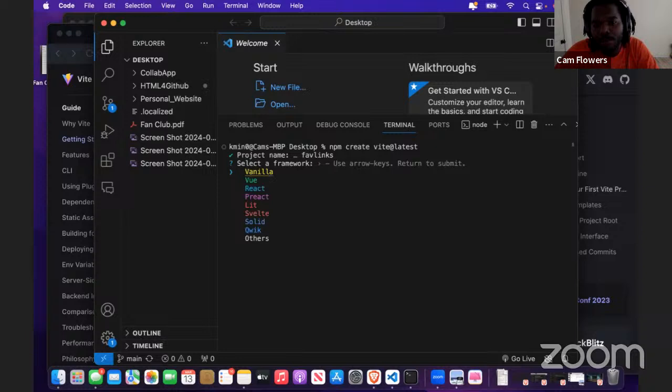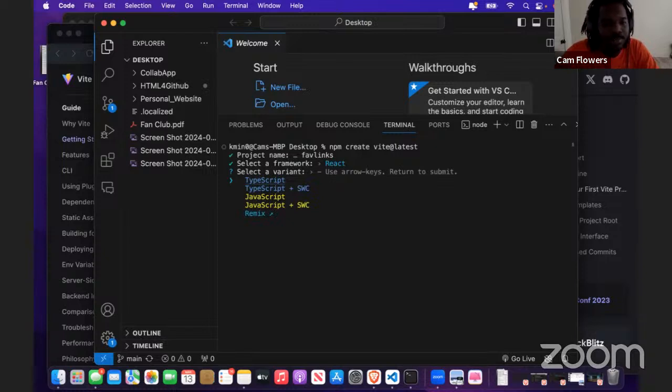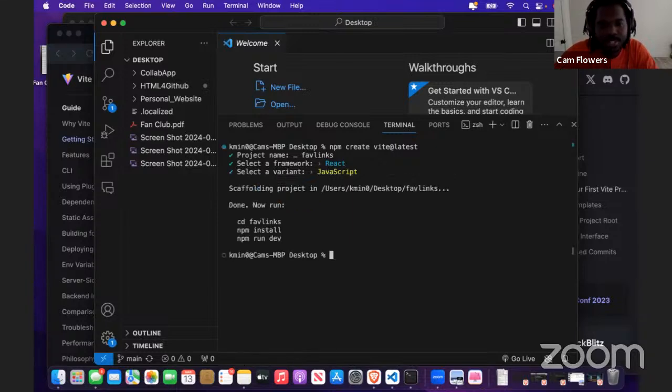It's going to say, okay, what framework do you want to use? So use the arrow keys, return and submit. I can use the arrow keys to get down to React, press enter. And then it says, okay, we got React selected. Now choose a variant, which really means there's different ways you can launch a React project. Which one do you want to use? The one I'm going to use is just regular JavaScript, because it'll create the more standard kind of React application that I need. So I'll go to JavaScript, press enter, and now you can see it says scaffolding a project in users Camino,